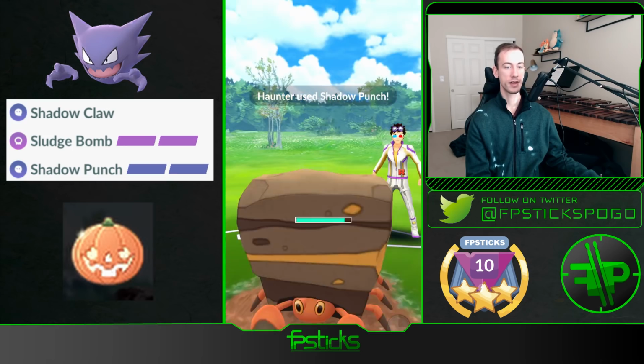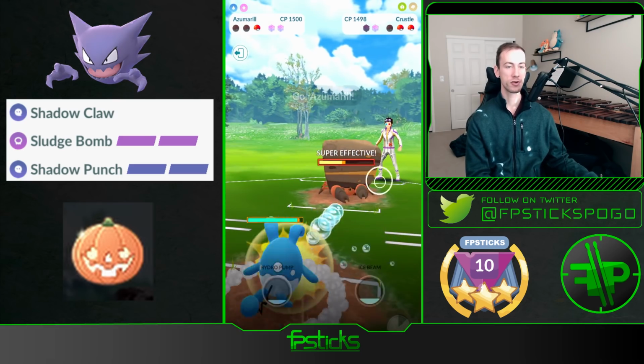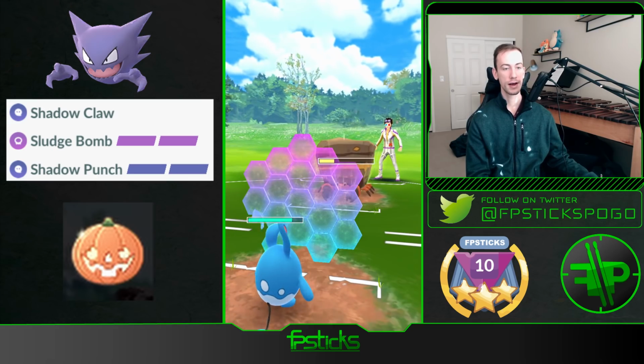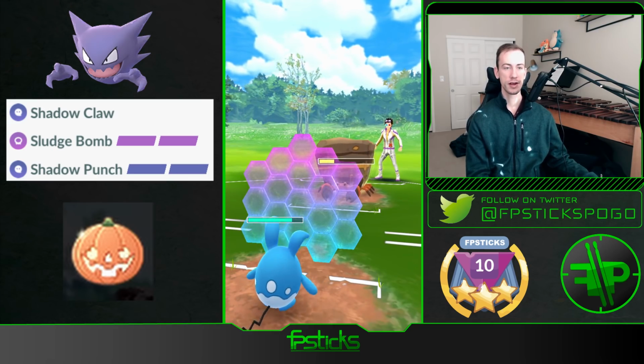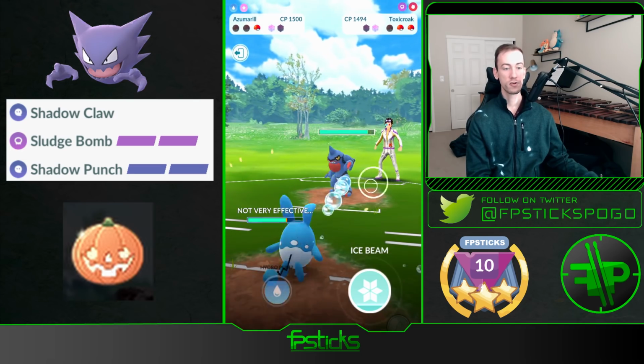Really bad. I'm going to just have to hope that Shadow Victreebel was their only counter to Azumarill and hope that a double shielded Azumarill can sweep this back line. Might as well commit a shield here. It is the Rock Slide, so that's a good shield. It is a Toxicroak in the back,